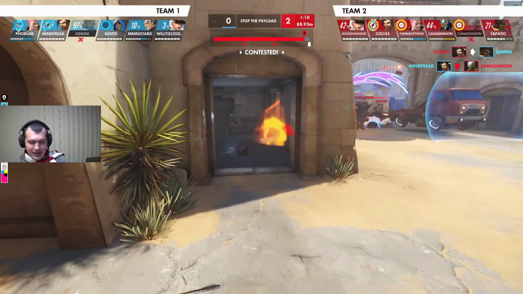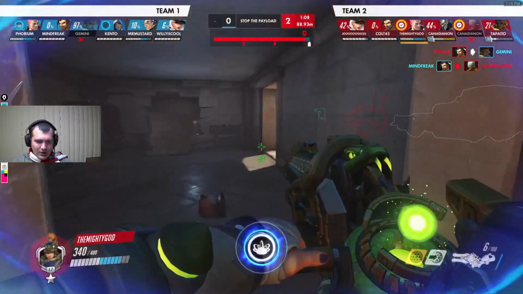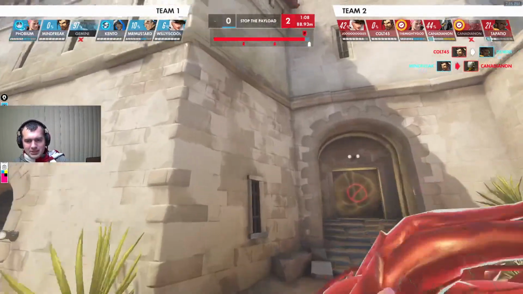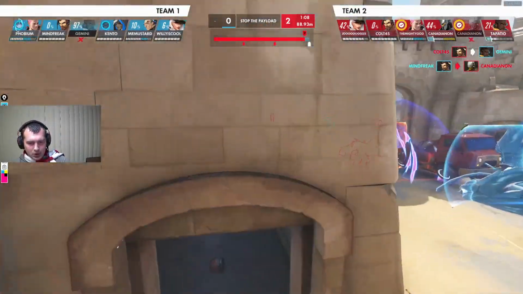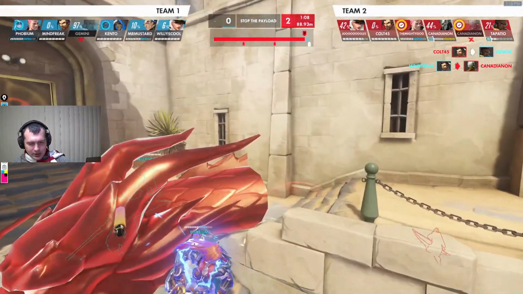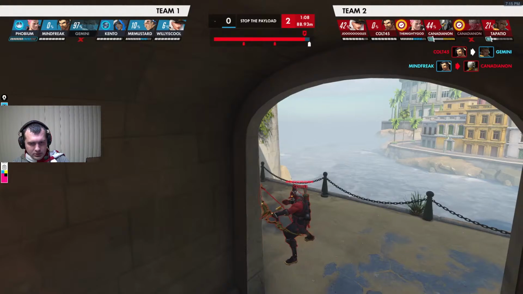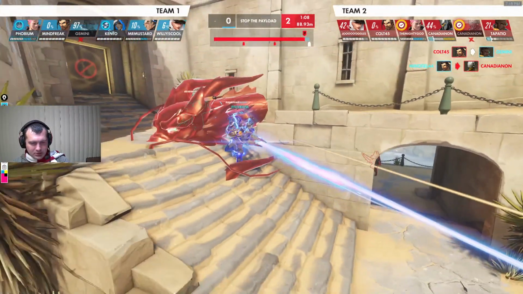This is not what we want. And if we feel the need to get out right now, why are we going this way? That keeps the sightline on them to shoot at us for longer. Why would we do that? Also, why did we not grab here? If our Hanzo was here, I have to imagine our Hanzo was...